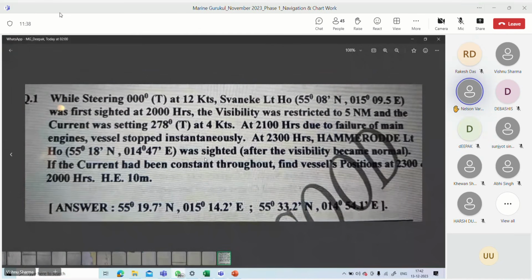You won't get it directly, na sir, that is the position circle of the Swanic lighthouse, first sighted. Why? Swanic light, does it say it is not a position circle? It says first sighted at 2000 hours. First sighted, so you'll have the range also, na? Yes, so from the range we will get the position circle. Acha, that is not the bearing. Sorry, my mistake. I was reading 000. Sorry, you're right. So you get a position circle, a PC at 2000 hours. You transfer it, and at 2100 hours you can transfer the PC.